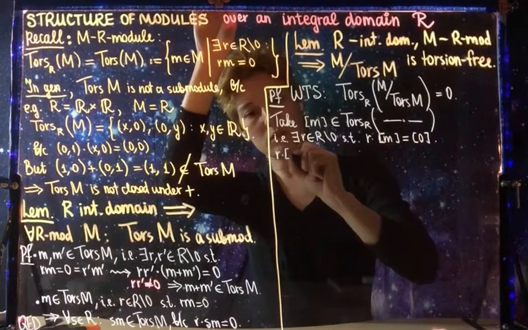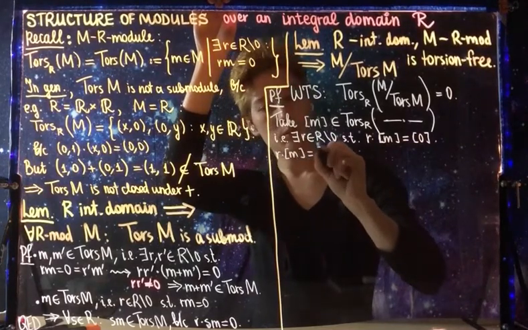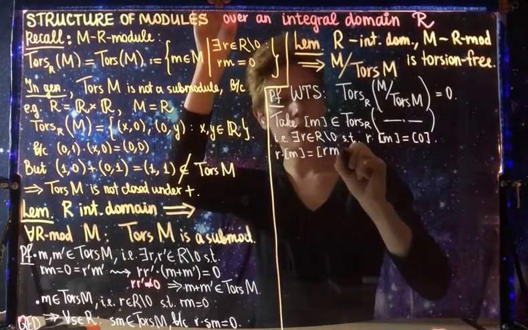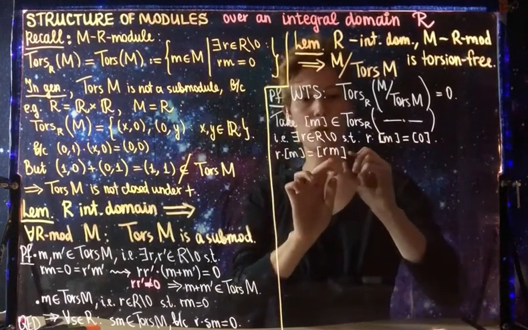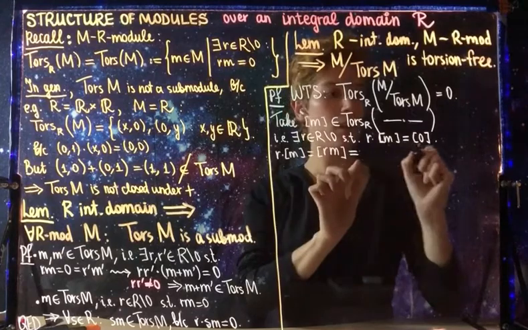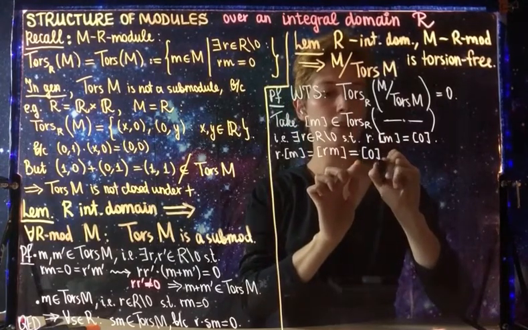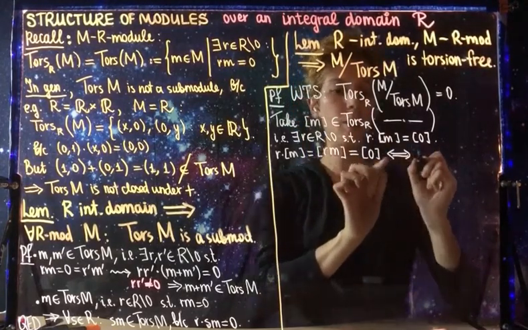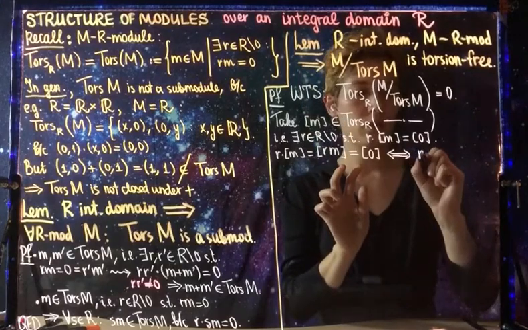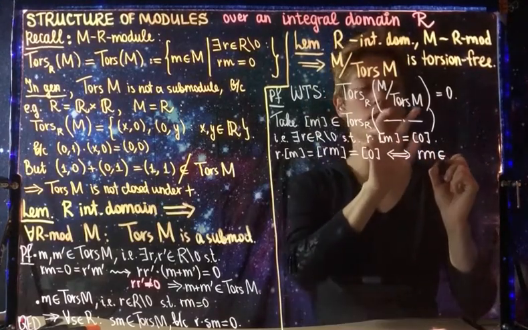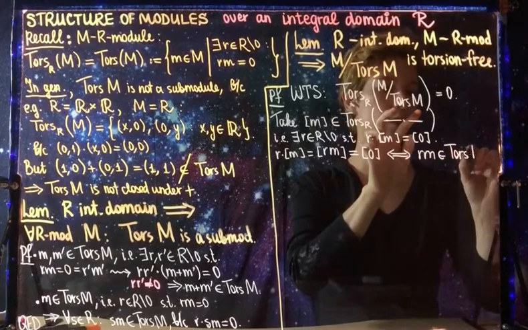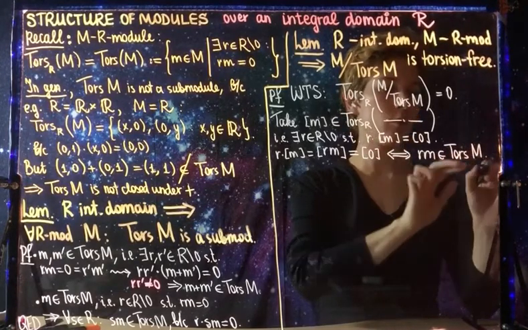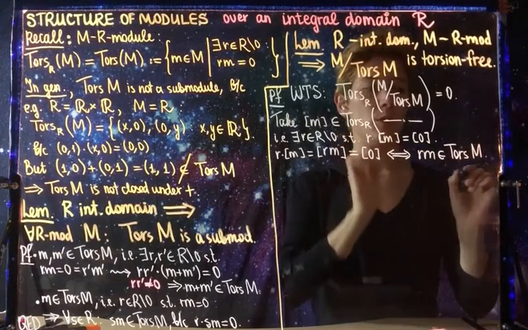But r times m is defined, the module structure on the quotient is defined by multiplying a representative by r, and saying that this is the zero equivalence class is equivalent to saying that rm is in the submodule which we modded out by. So rm is a torsion element of M,